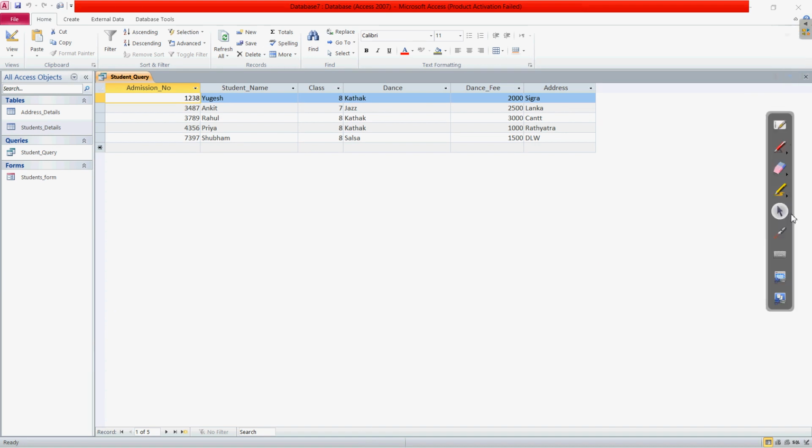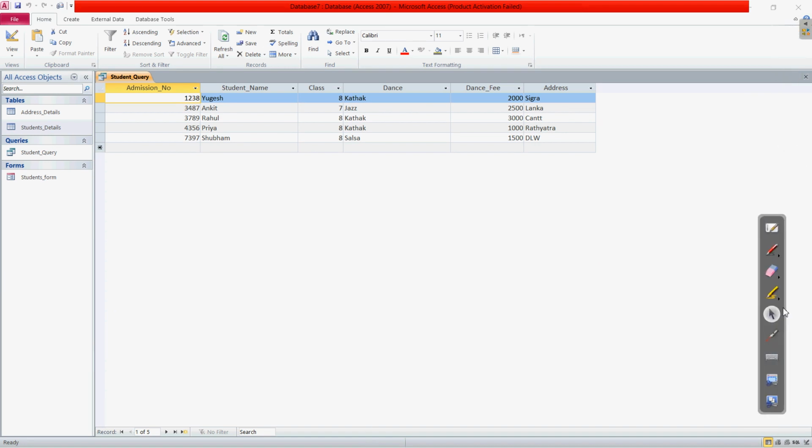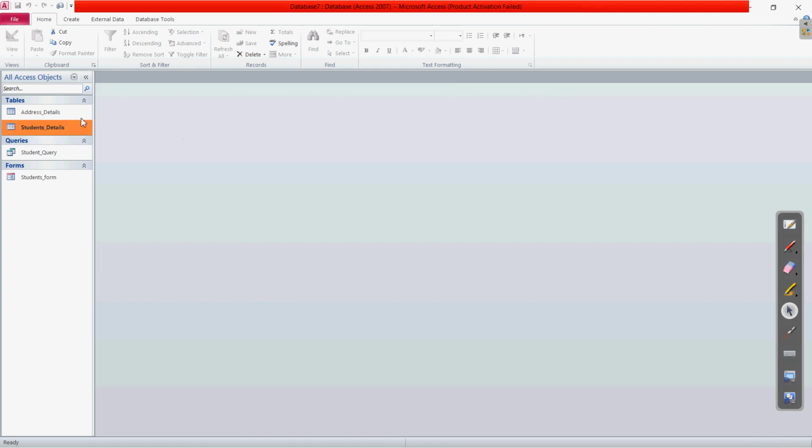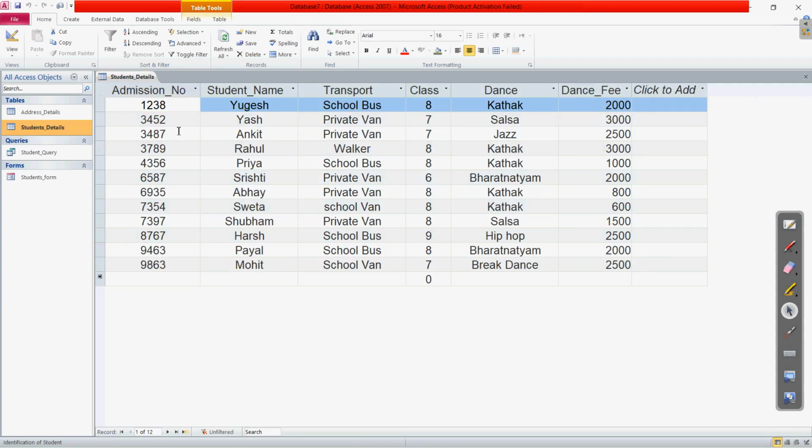Here you can see there is the cross button at this corner of the window. So if you have worked and performed all the steps on this query window and want to close it, you can click on this close window, and then whatever table you want to open or whatever different operation you want to do, that can be done now.